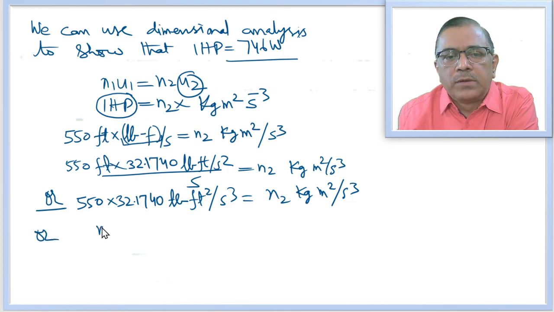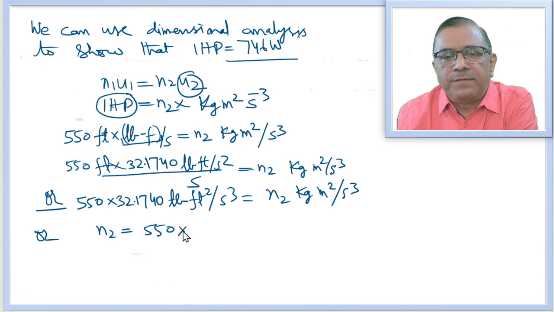Or N2 equals 550 into 32.1740 multiplied by pound upon kg